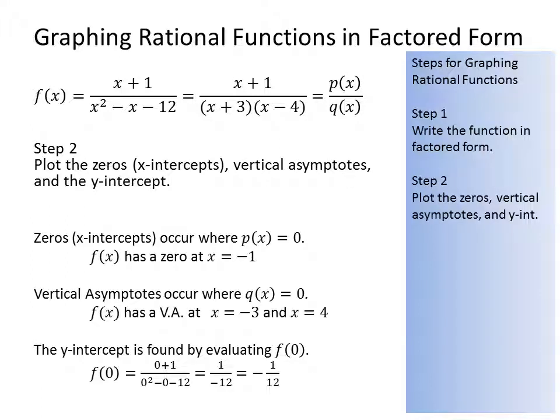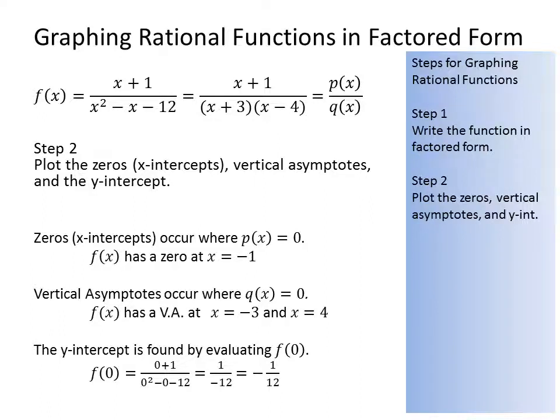Step 2, we want to find the zeros, the vertical asymptotes, and the y-intercept. In this case, remember, we find the zeros by setting the numerator equal to 0 and solving. So we have an x-intercept, or a zero, at -1. The vertical asymptotes are found by taking the denominator and setting it equal to 0. So here we see that we're going to have two vertical asymptotes. One is going to happen at -3, and the other is going to happen at +4. And finally, the y-intercept is here at